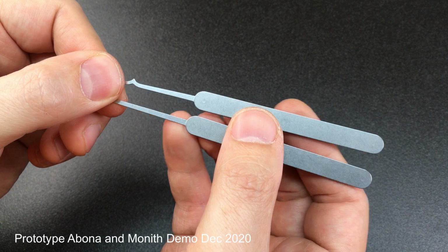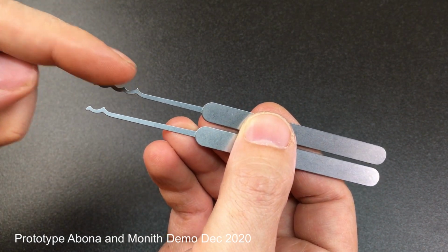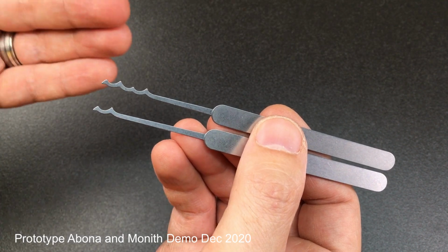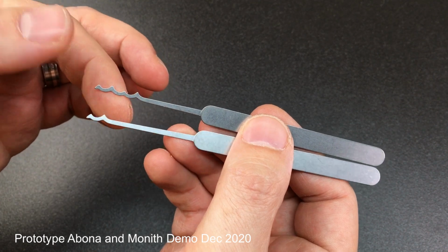Hello again, it's Noob, and I just want to show off these two prototype rakes, the Abona and the Monith, that I helped develop for Multipick. So, what's my inspiration? What are the thoughts behind these profiles? Well, let me show you, starting with the Abona